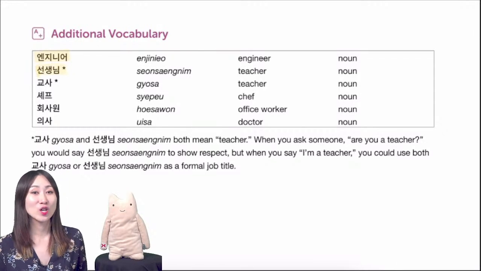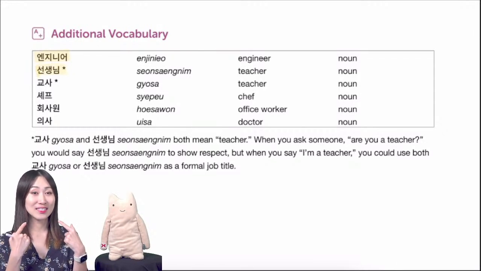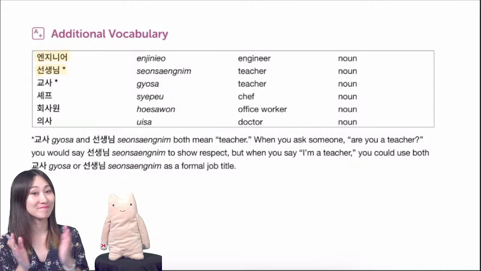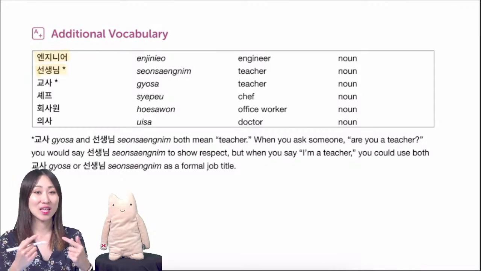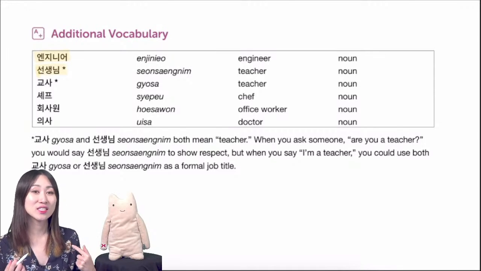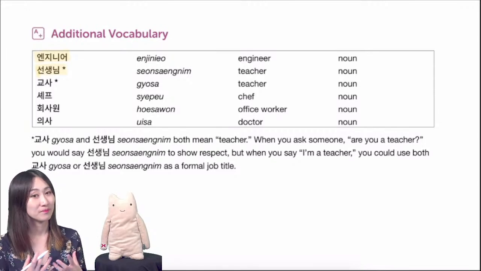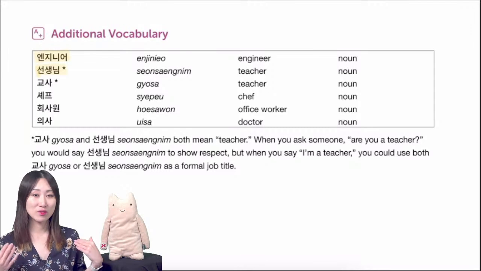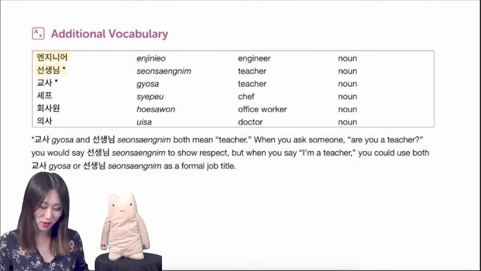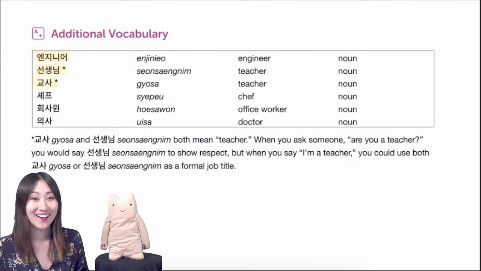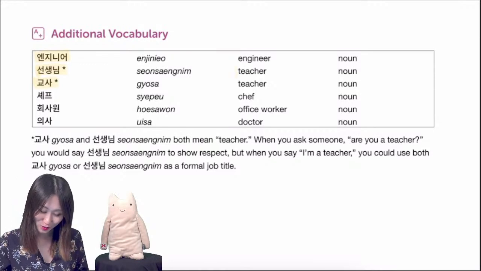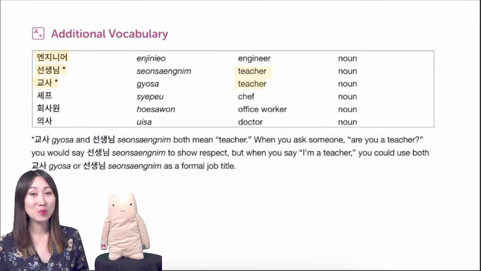Okay, and 선생님 is me. This is how you call me, right? 선생님, right? That's perfect. 선생님 is how you call me, and this is a very common word. So some people say I'm a 선생님 too, and there's a 교사, and do you see this? Wow, both of them are teachers. So how can I use it?